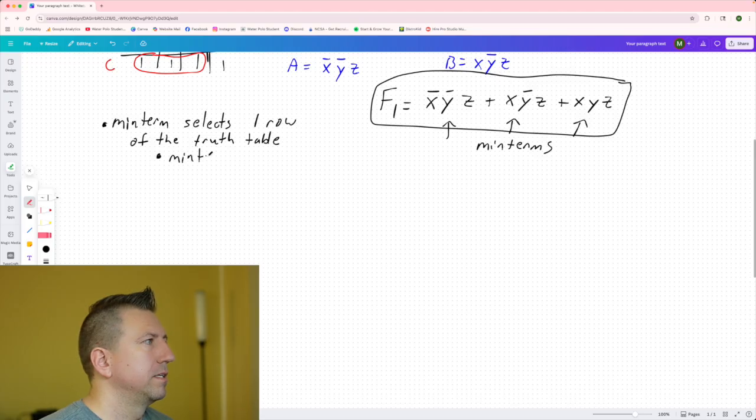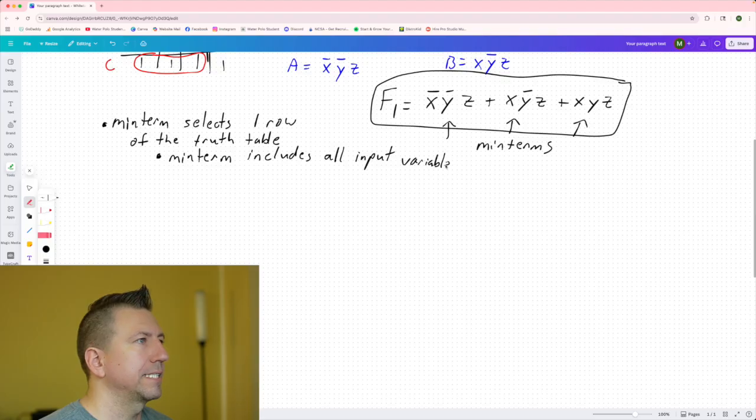A minterm includes all the input variables. In this case, every single term has X, Y, and Z in it. So it's either complemented or not, but includes all of the input variables. And it's an AND term